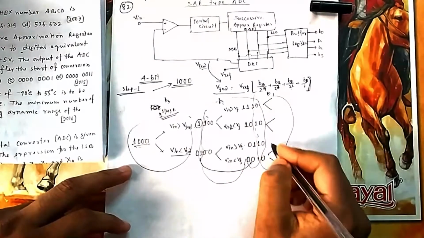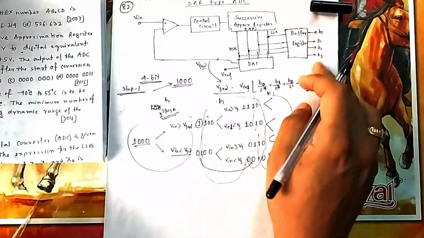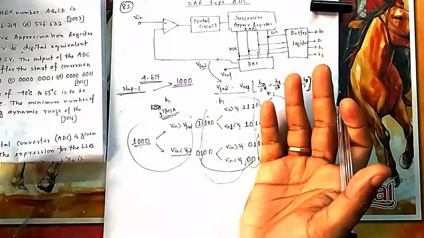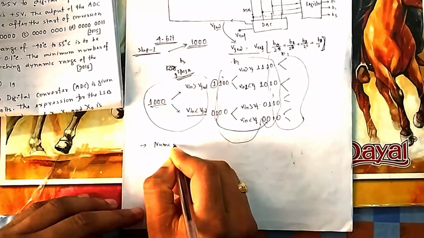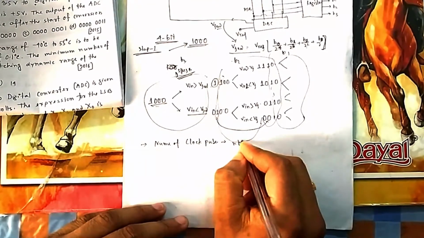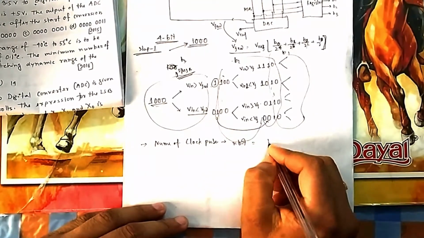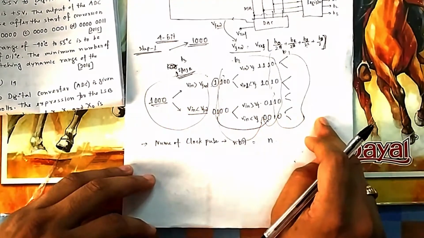So similarly again you will go. So that is the idea. And when it stops up to 4 bit, it will stop after 4 bit. That is the idea. So how many clock pulses will be required now? Number of clock pulses for n bit conversion. If you want to convert it into n bit, here you have seen, it will be n, because you can see 1st clock, 2nd clock, 3rd clock, 4th clock, it will be finished.